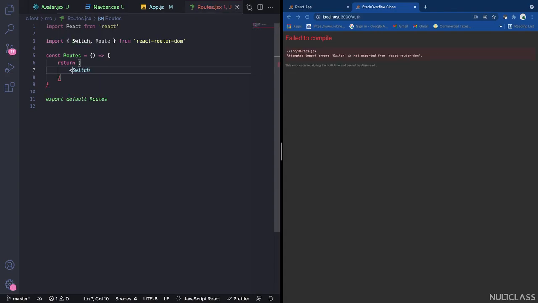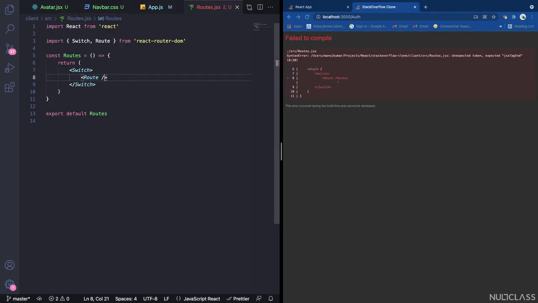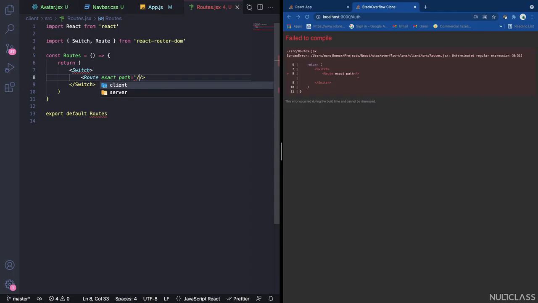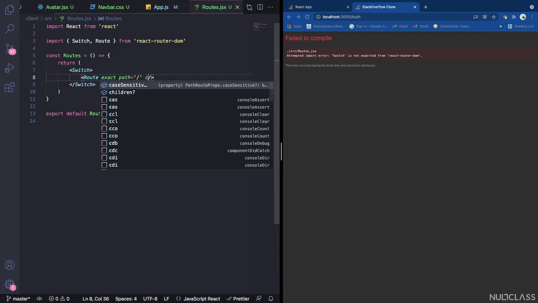So let me just create it as a component. Basically, Switch just wraps around all the routes. That's what Switch does. So inside Switch, I can write Routes as children. Route is a self-closing tag, so we just need these things to be eliminated, and inside that I'm just going to say exact path is going to be single slash. If it is single slash, and the component